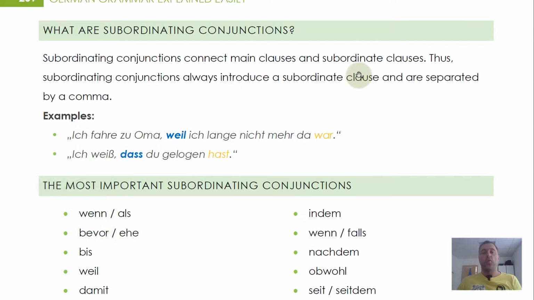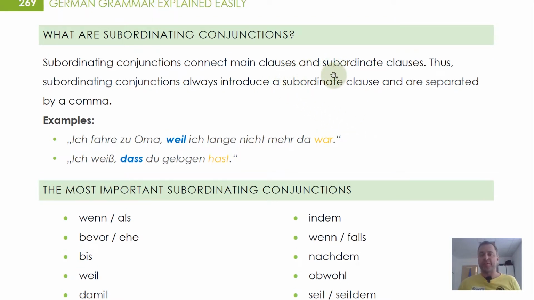First of all, what are subordinating conjunctions? Unterordnende Konjunktionen. They are connecting a main clause with a subordinate clause, so a Hauptsatz mit Nebensatz. Therefore, subordinate conjunctions always introduce a subordinate clause and they're always separated by comma. So in front of them you will always have a comma because main clauses have to be separated by comma